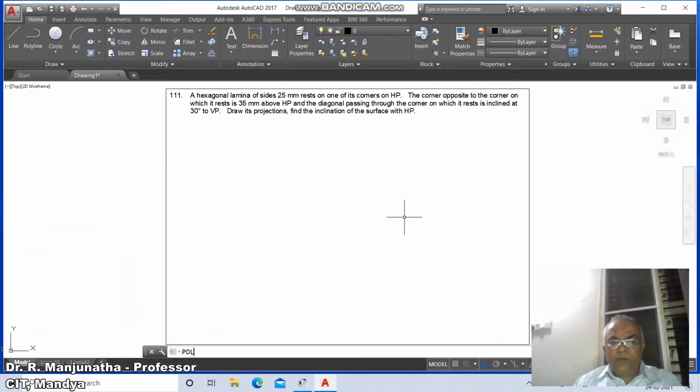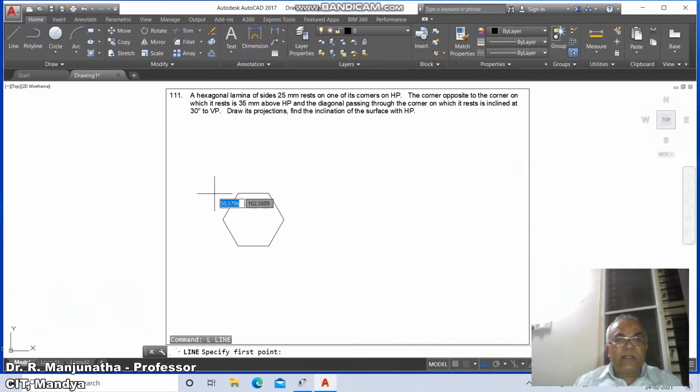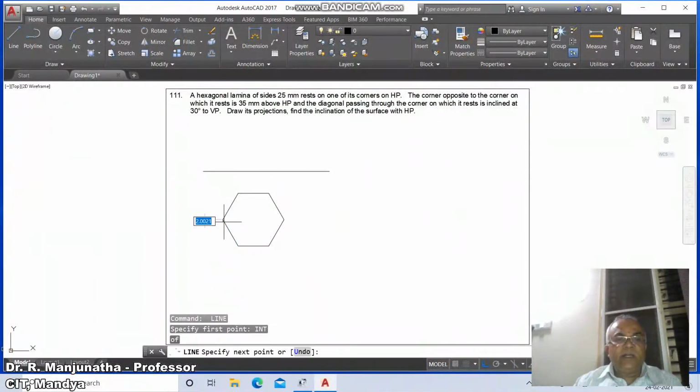Now we will go for polygon, select the number of sides as 6, take the edge option, type E, select some point and take the distance as 25. Then go to line, draw a horizontal line of some distance, and go to line, take the intersection of this and draw a perpendicular to this.